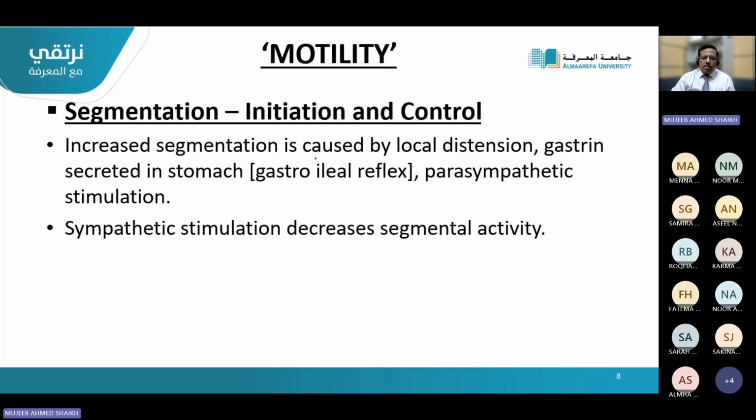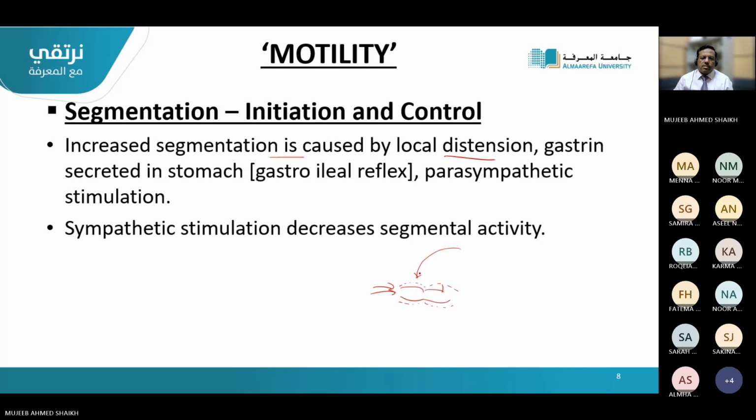So increased segmentation is caused by distension. That means, suppose this is the normal size of the small intestine. Because of the extra chyme, if it is appearing, it will stretch. And this will lead to segmentation. This will lead to segmentation contraction. Or it may be due to